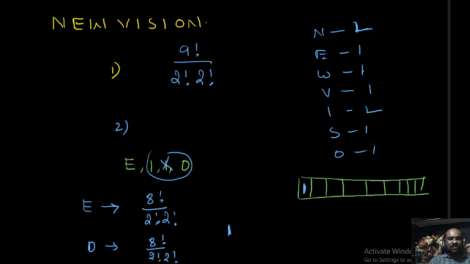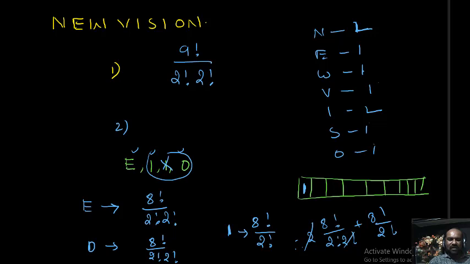So what is remaining here: 3 letters, all different, and the remaining 5 letters, among which 2 are alike. What I can say, 8 factorial by only 2 factorial. Therefore the required number of permutations is 8 factorial by 2 factorial into 2 factorial, that is 2 times, plus 8 factorial by 2 factorial. One 2 factorial gets cancelled, these two are the same. Final answer is 2 into 8 factorial by 2 factorial, that is equal to 8 factorial.